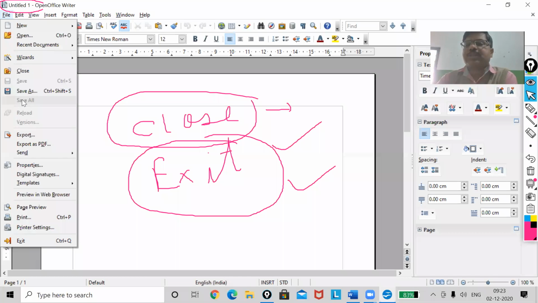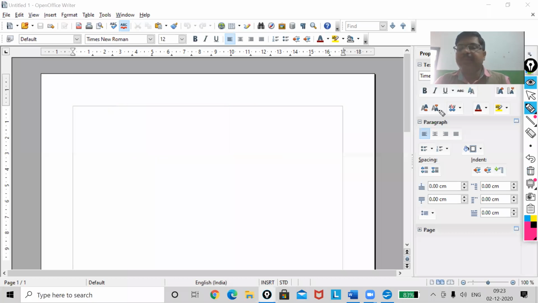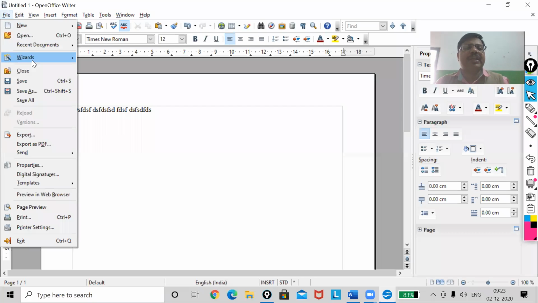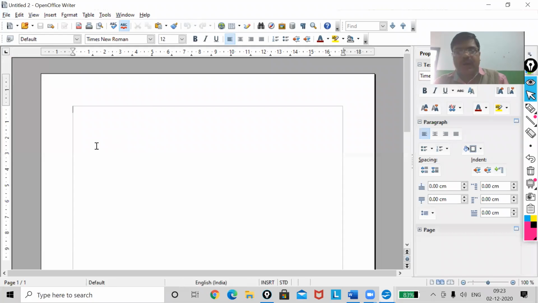Let me show it. Just now, my first document I have not saved. Now I'm going to work on the next document, so I will use New Text Document. Untitled 2 has come. There also I have written, and here I'm showing document 2 so that you can understand it.